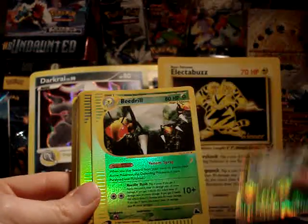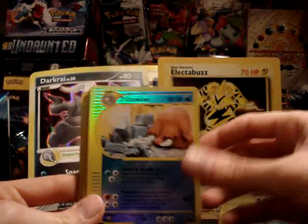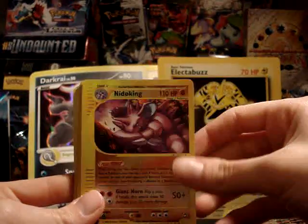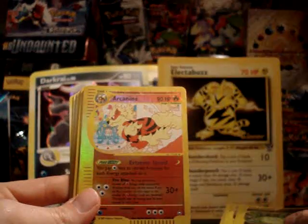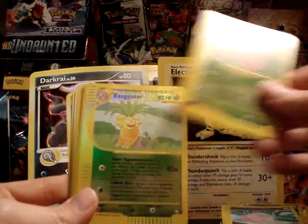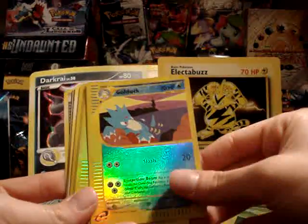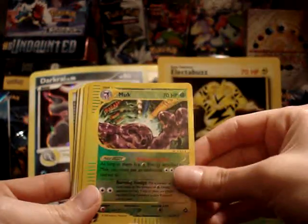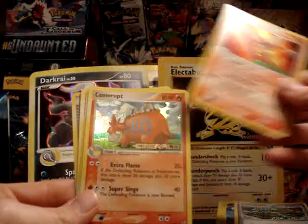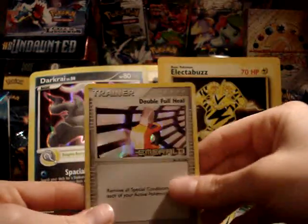Tauros and Weedle. From Skyridge, we've got Beedrill, and again, these are all reverses as well. Omanyte, Piloswine, Poliwag, Relic Hunter, and now into Aquapolis, Nidoking, Apricot Force, Arcanine, Blissey, Chansey, Executor, Golduck, and this is Golduck B, I think? No, A. Jumpluff, Muk, Oddish, from Emerald, Battle Frontier, Blaziken, Camerupt, Darkness Energy, the special Darkness Energy, Dodrio, Double Full Heal,